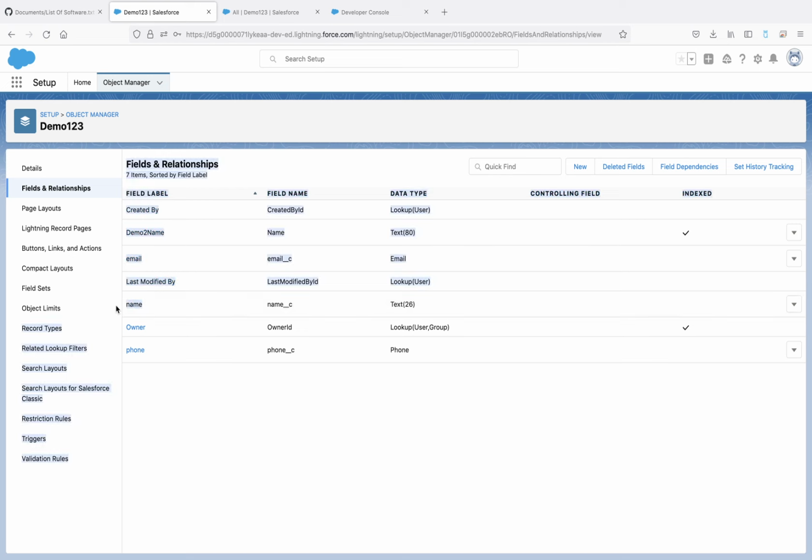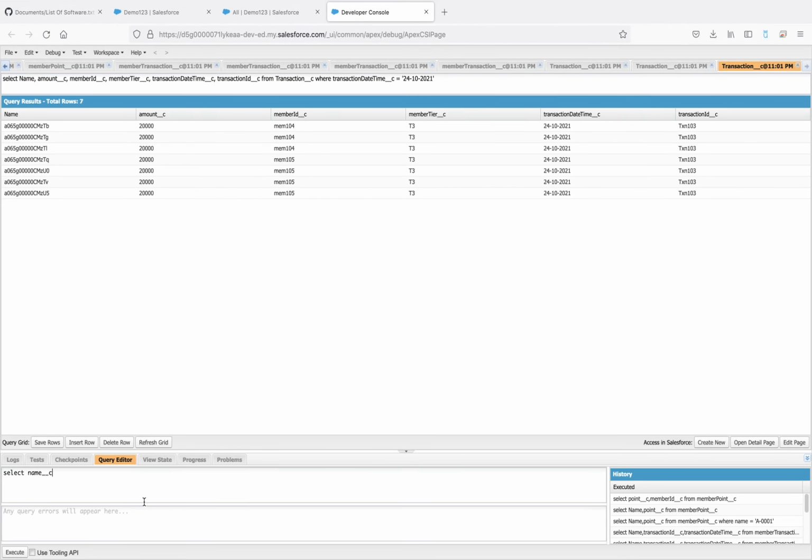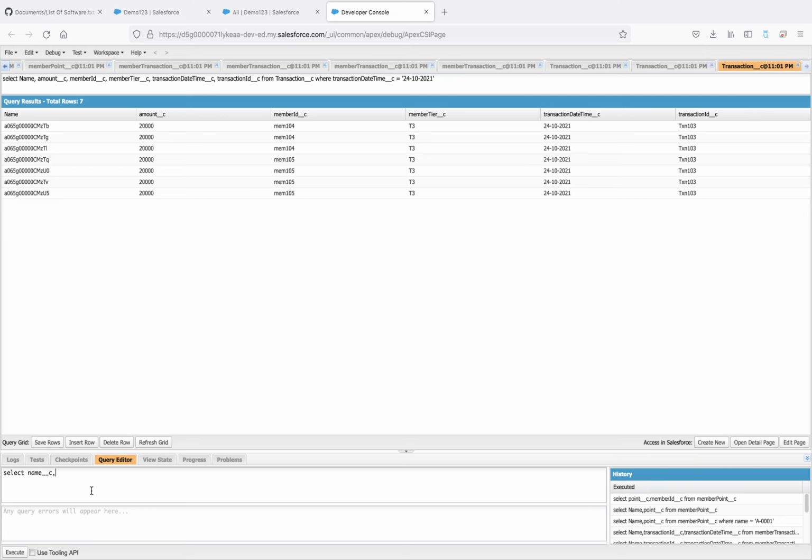Select name. You should use the field name, sorry, not the field label, you should use the field name. So select name underscore c, comma, email underscore c,